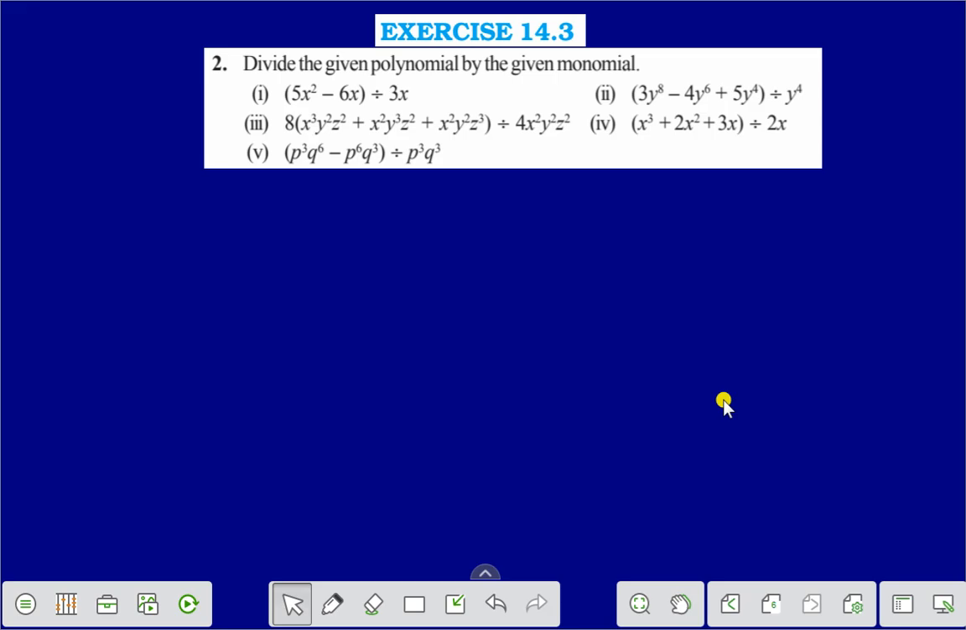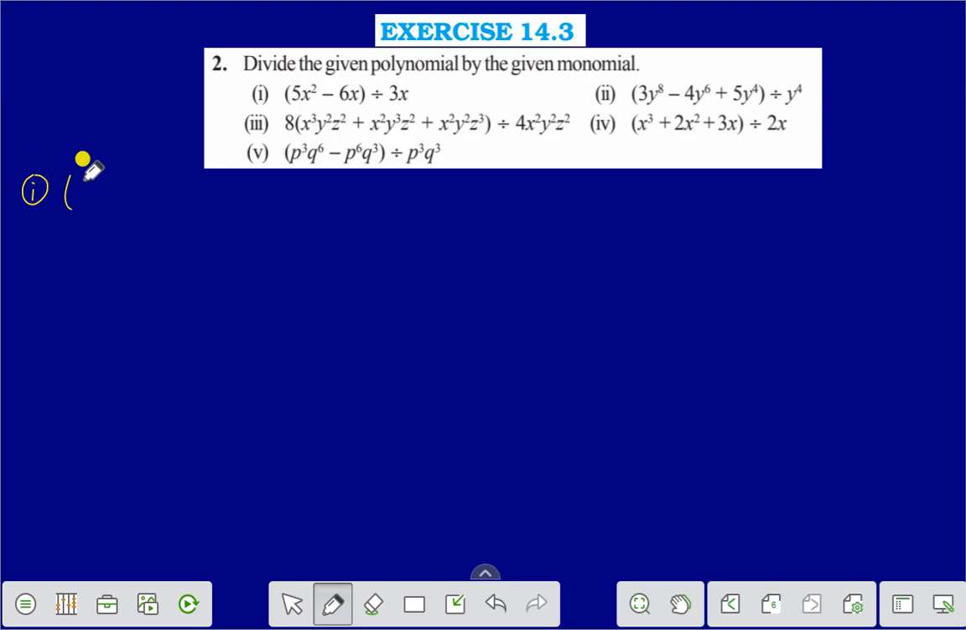Hello everyone. Today I shall discuss exercise 14.3 question number 2. Divide the given polynomial by the given monomial. Let us divide. Question number 1 here is